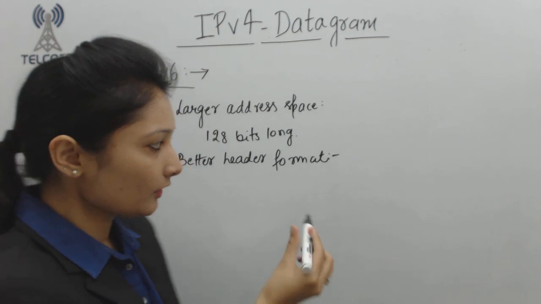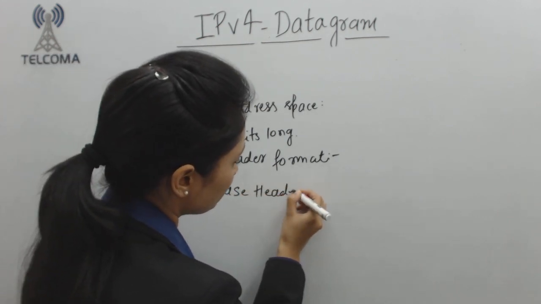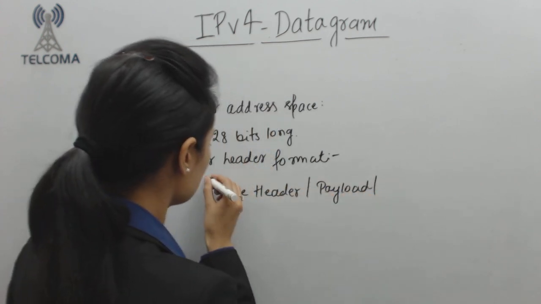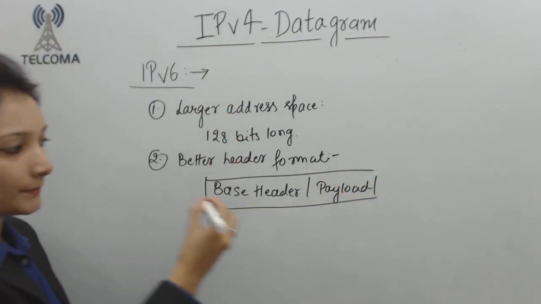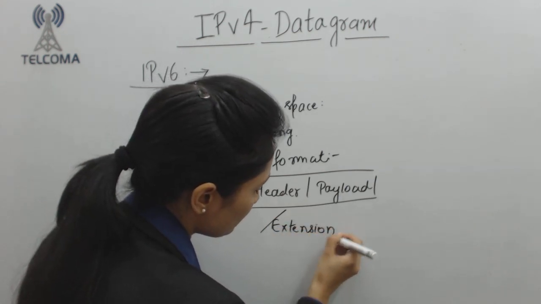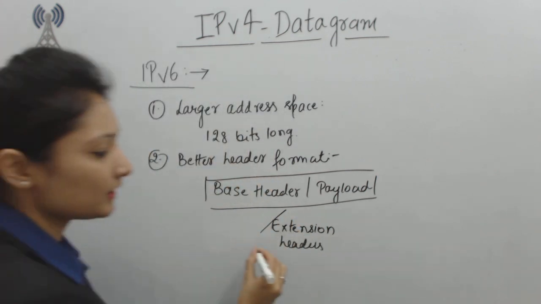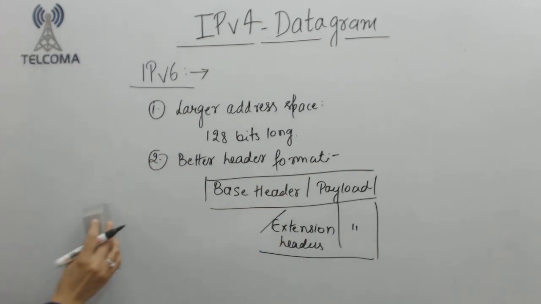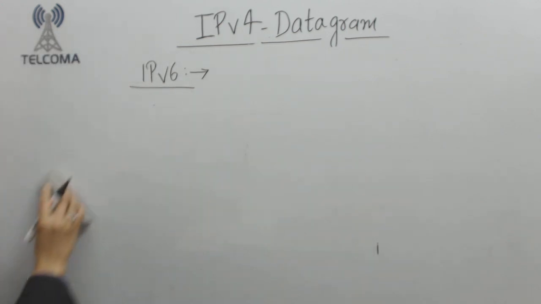So if you have a base header and the payload, then you have certain extension headers also which can be used here. So if you just have a look at the diagram or the format of IPv6,